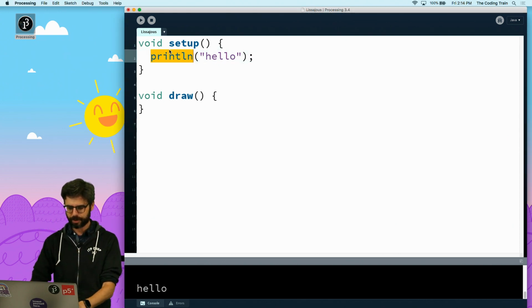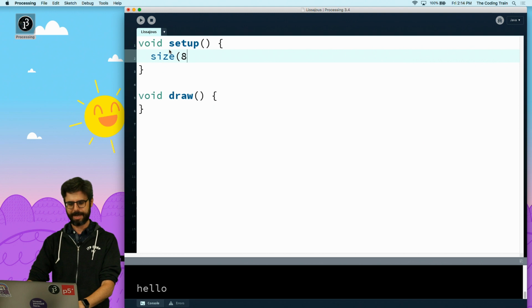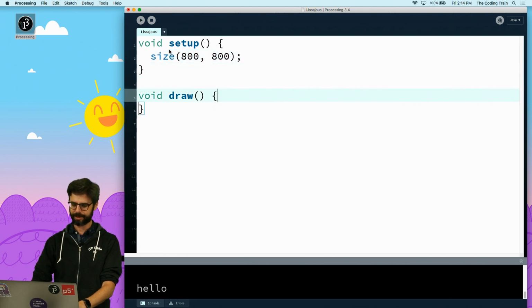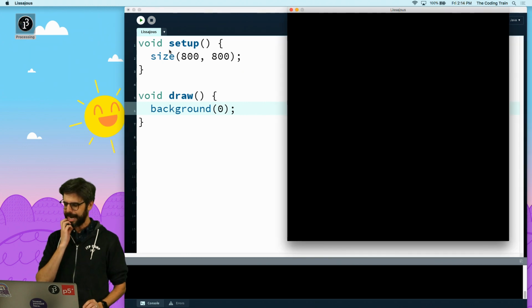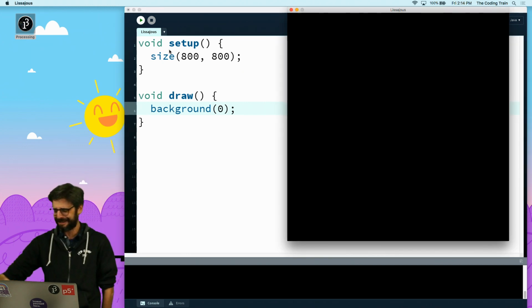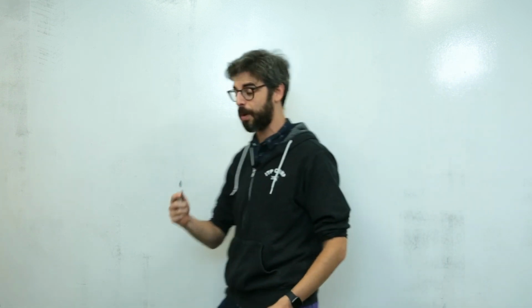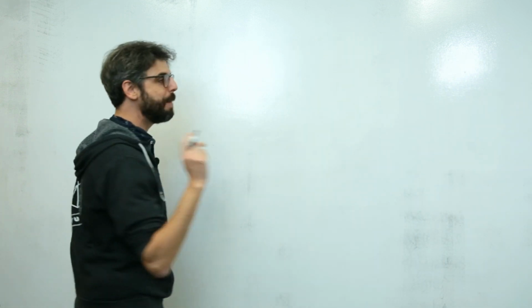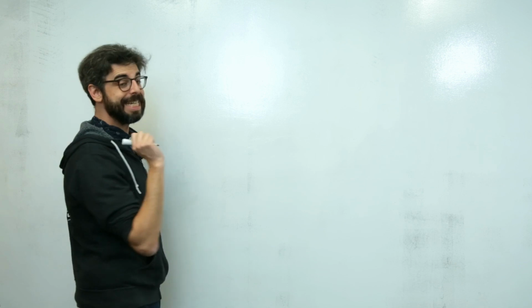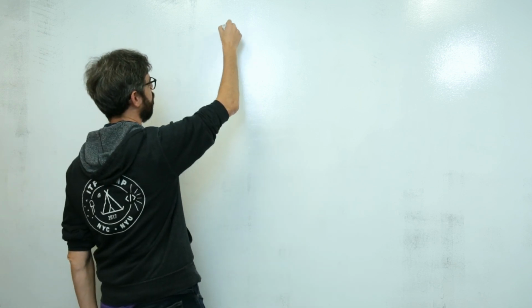So first thing I want to do is I'm going to make a nice window, 800 by 800, and I'm going to give it a black background. Now I need to think. Thinking is what I need to do. Let's do some planning. So I'm going to come over here. Oh, and I have no idea if this marker is reasonable, but basically what's going on? So the idea is that we have a table.